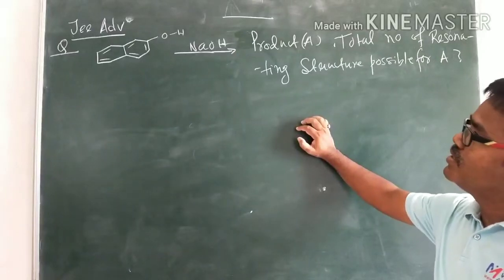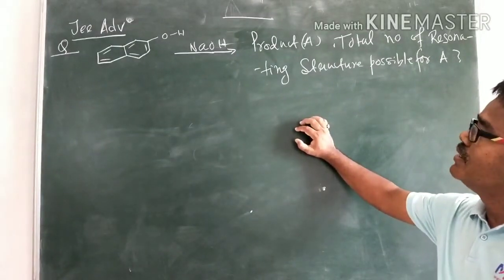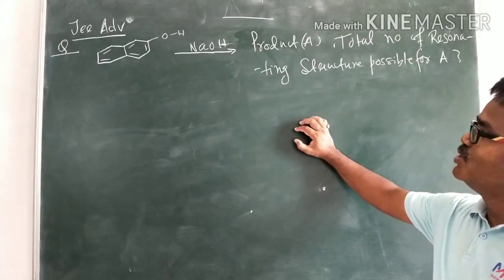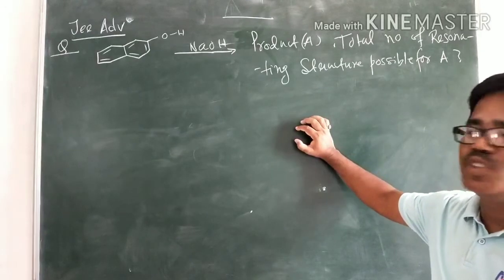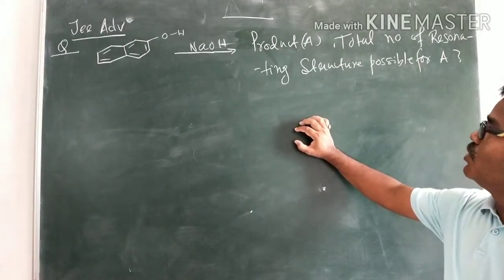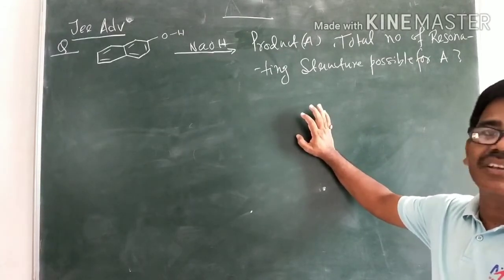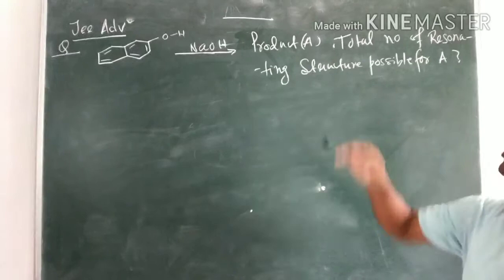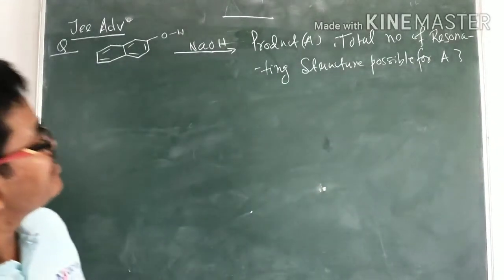A question was asked in JEE Advanced. The question was very simple if the concept was known. Otherwise, they are very difficult questions, very time consuming. It will take much time if somebody knows only the general process, not any tricks or techniques. In that case, this problem will take at least 5 to 6 minutes to get the answer.